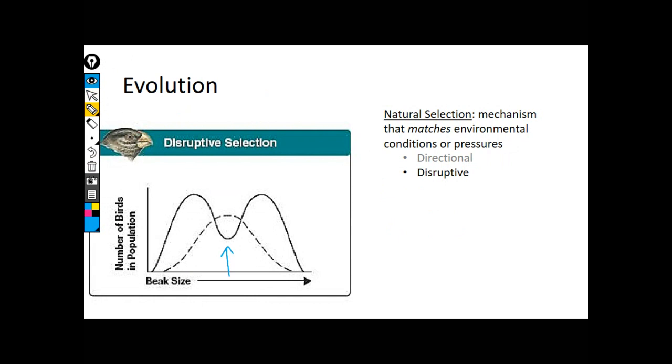Okay, so let's go back to our island. Maybe on our island we have two food resources. We have our heavy nuts still. So we understand where this hump comes from, right? So we still get that hump. We got our big, chonky beak nutcracker birds. They live their best life. But we also have